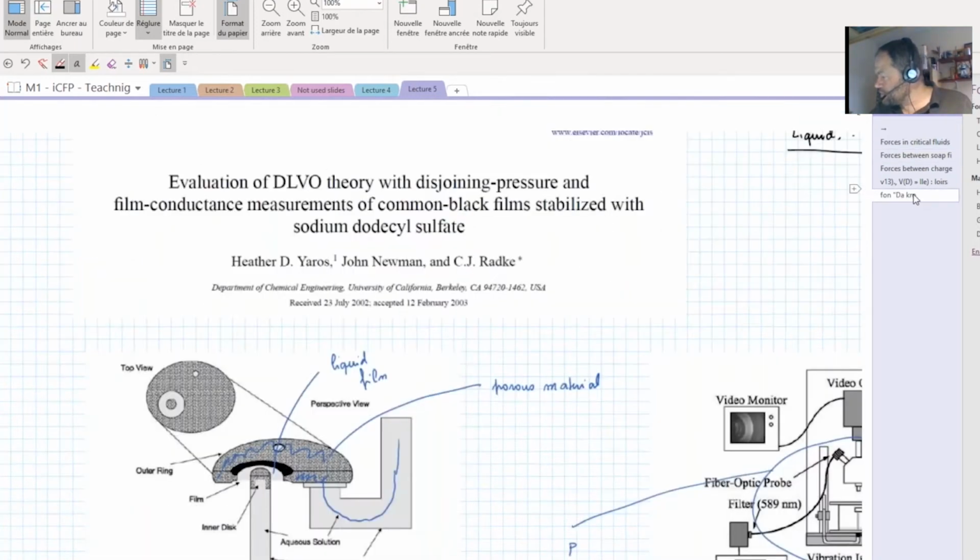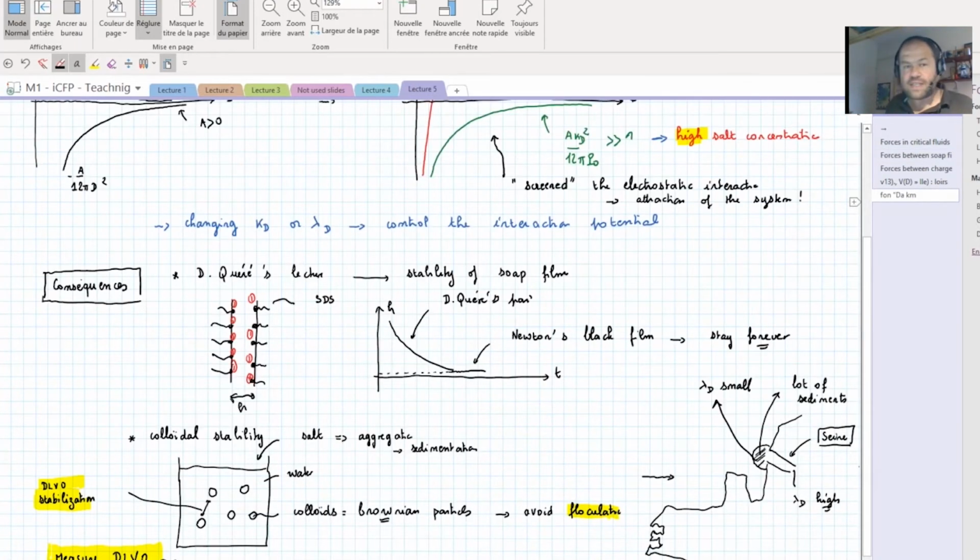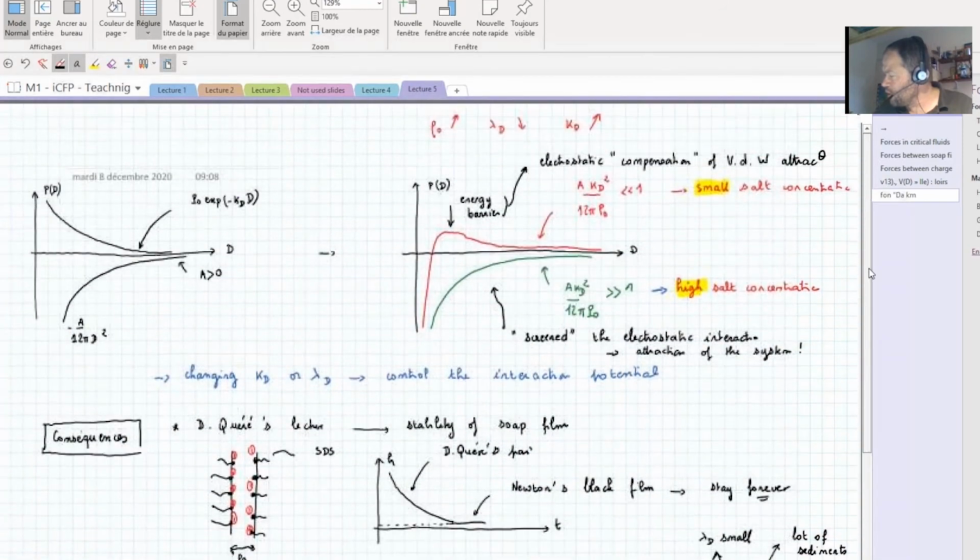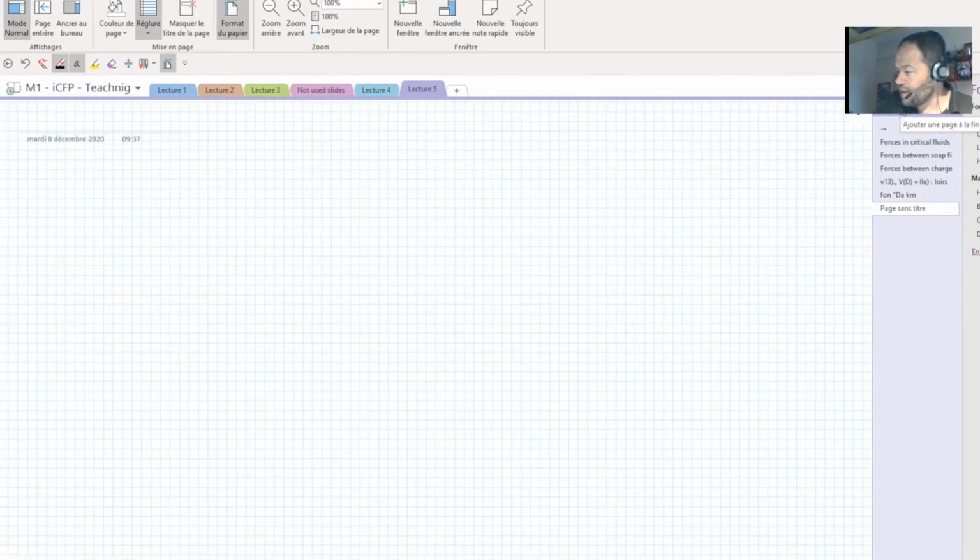So, well, it's more or less what I wanted to discuss with you here about the electrostatic force, which are really important in many situations. Well, I want to deal with another kind of forces which are due to kT, which are the depletion interactions. So it will be the section 4, I think.